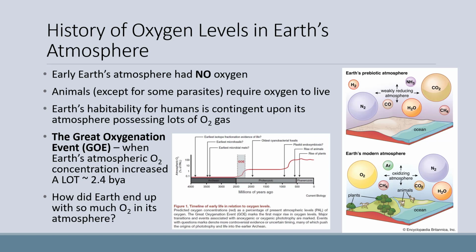The Great Oxygenation Event, or GOE, is shown on the timeline of Earth's atmospheric oxygen to the right. PAL, which is on the y-axis, means present atmospheric levels. So the y-axis is the percent of present atmospheric levels of oxygen. And you can see that for the first 1.5 billion years or so of life, there was 0% oxygen in the atmosphere relative to present day levels. Then it spikes up quickly if we're talking about geologic timescales. You can also see that it took more than 1 billion years for it to increase to levels near what we see today. In this lecture, we are going to answer how Earth ended up with so much oxygen in